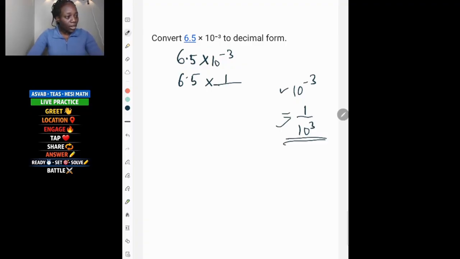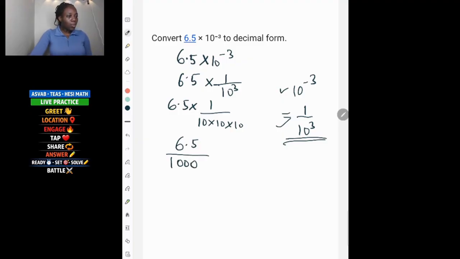So that will be 6.5 times 1 over 10 times 10 times 10. So we can now say 6.5 over 1, 2, 3. But we have to take it to decimal, right? So we need it as 0.065 down at the back. We have 3 digits down there, right? So put 0, put another one,